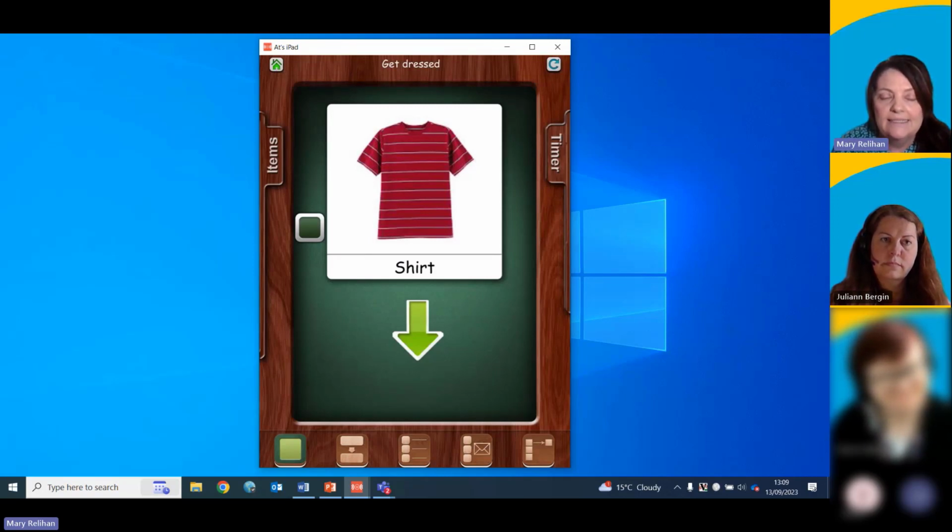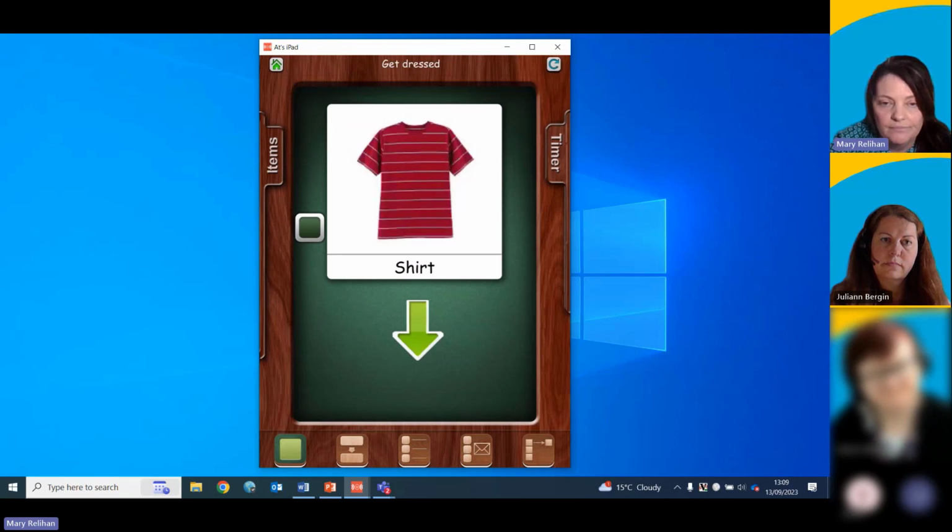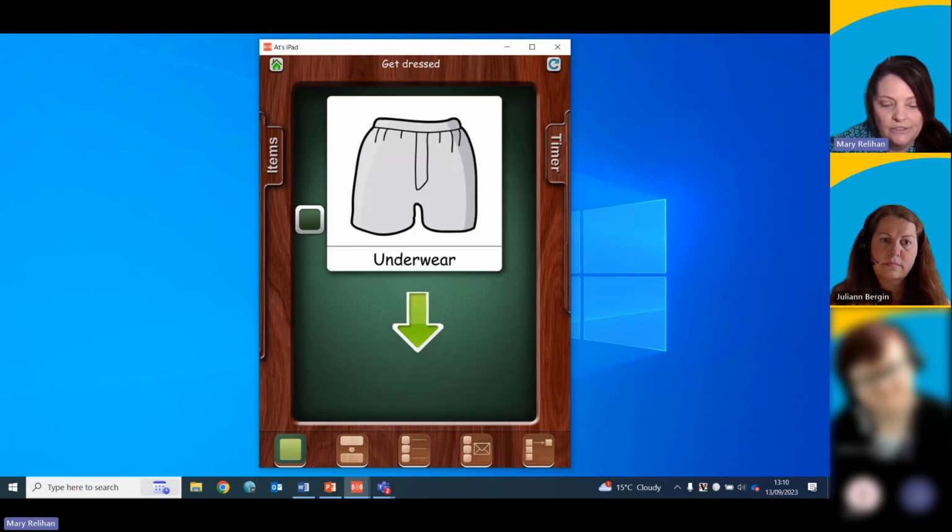So if I tap on shirt, put on your shirt. It's telling me what to do. So it's telling me put on my shirt. There's a nice big green arrow underneath the picture. So that's telling me, okay, I need to go down. So the next action is